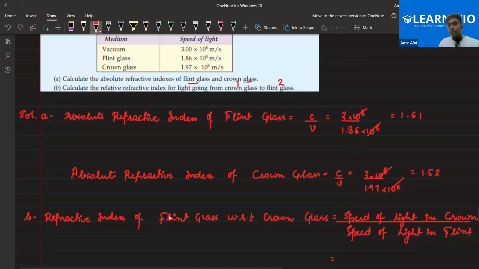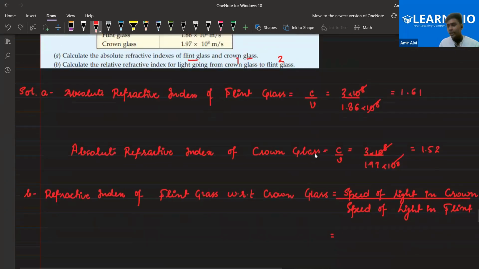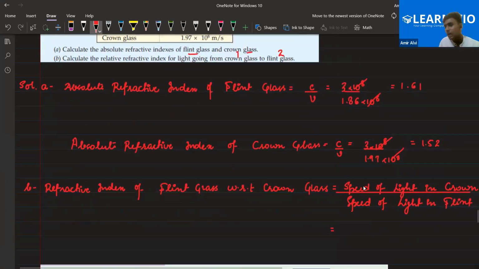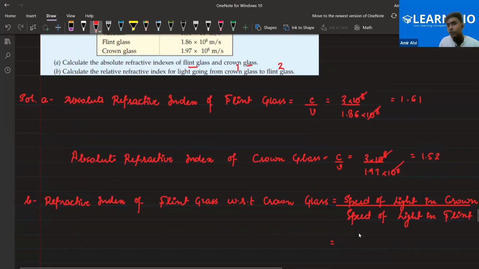Light is going from crown glass to flint, right? Yes. So question is saying कि आपको जो reference medium लेना है वो crown glass लेना है, क्योंकि light is going from crown glass। Clear है? Yes. Junaid, clear? Yeah. So it means that speed of light in crown glass divided by speed of light in flint glass,